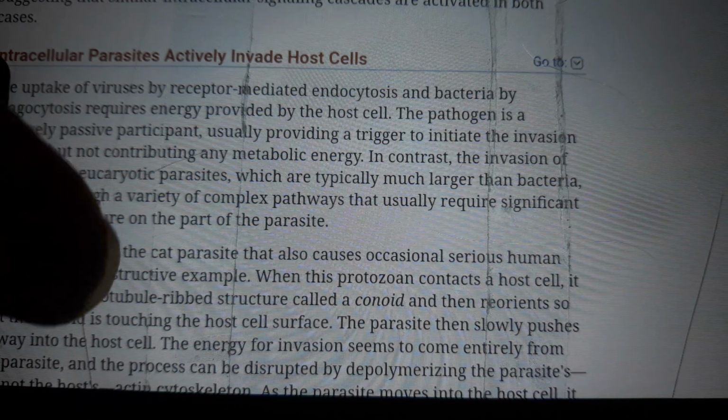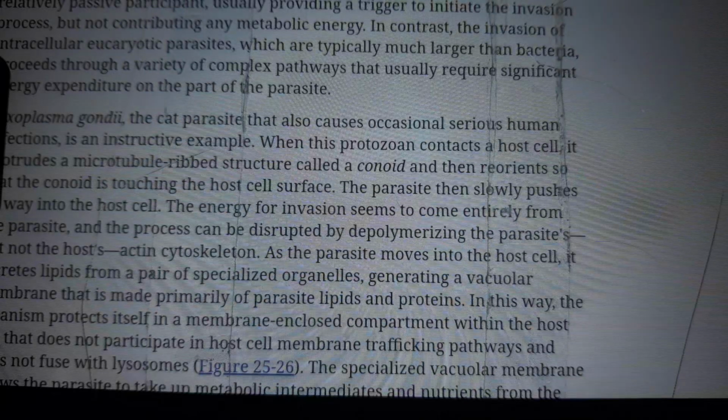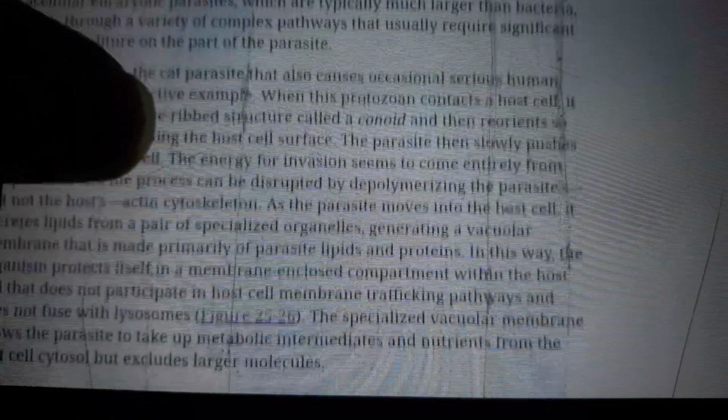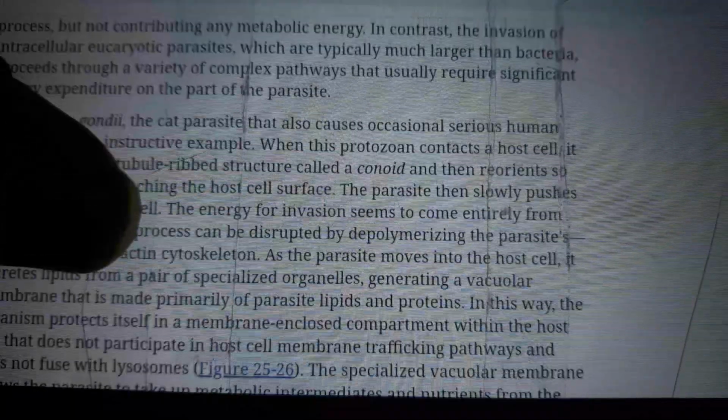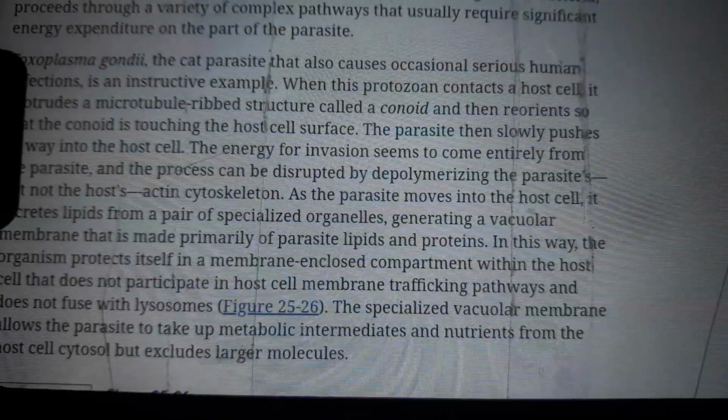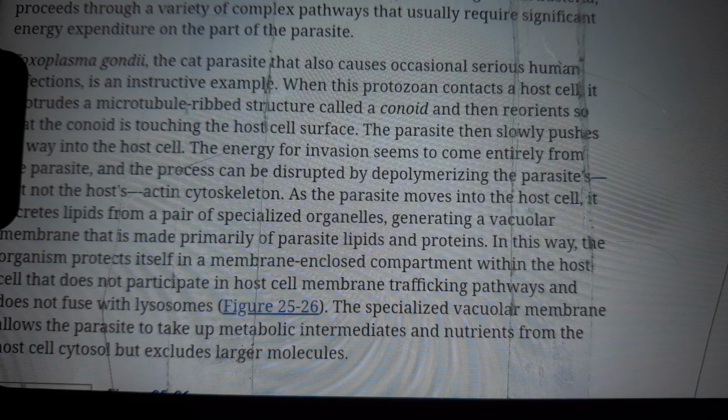Intracellular parasites actively invade host cells. The uptake of viruses by receptor-mediated endocytosis and bacteria by phagocytosis requires energy provided by the host cell. The pathogen is a relatively passive participant, usually providing a trigger to initiate the invasion process but not contributing any metabolic energy. In contrast, the invasion of intracellular eukaryotic parasites, which are typically much larger than the bacteria, proceeds through a variety of complex pathways that usually require significant energy expenditure on the